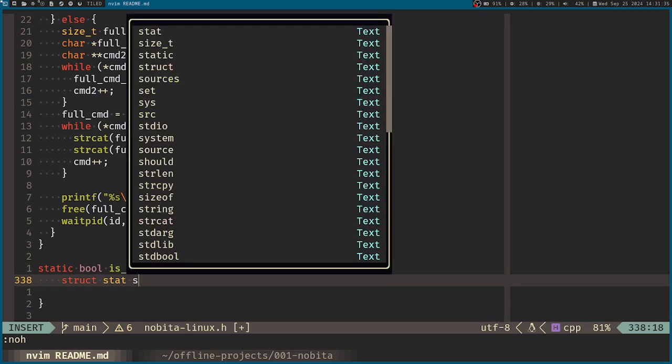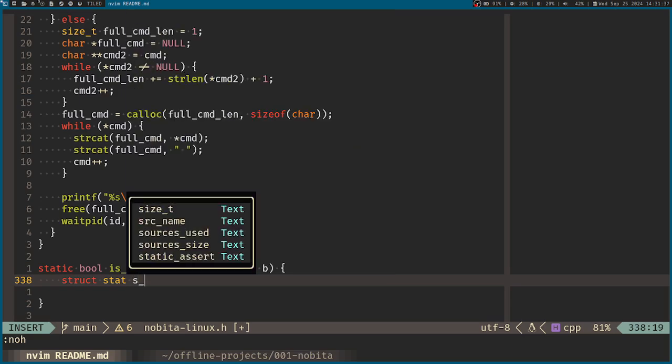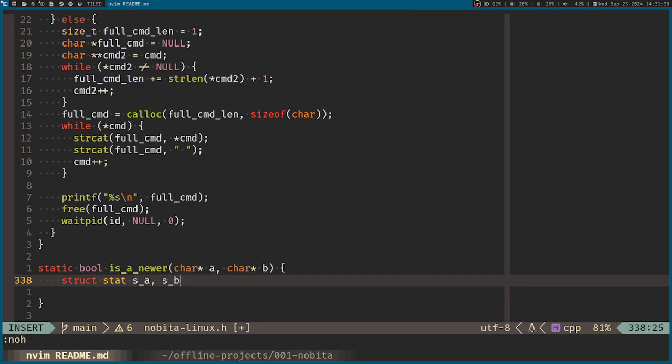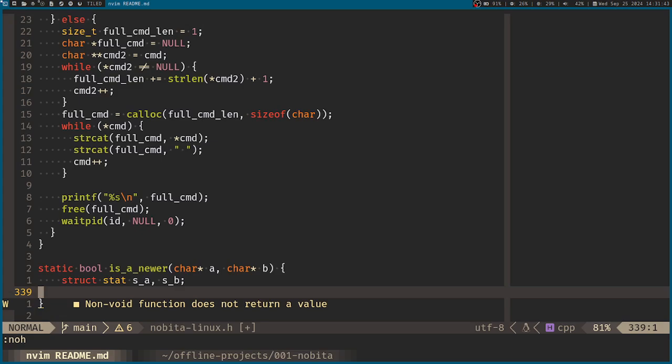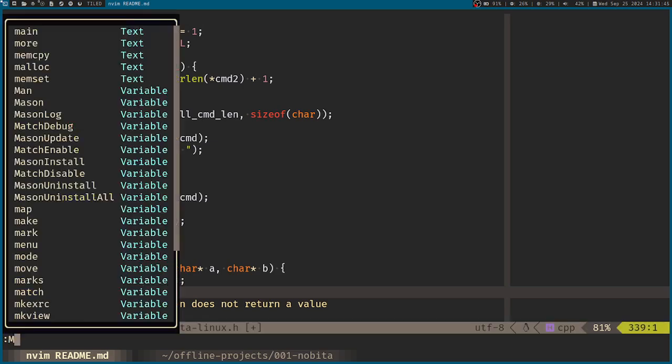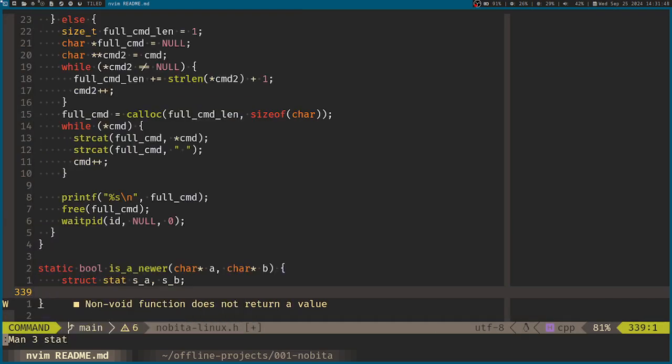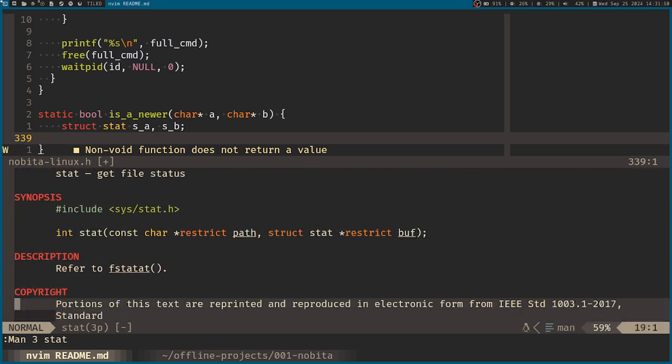So just name it as A and as B. But if stat fails, which it can actually,